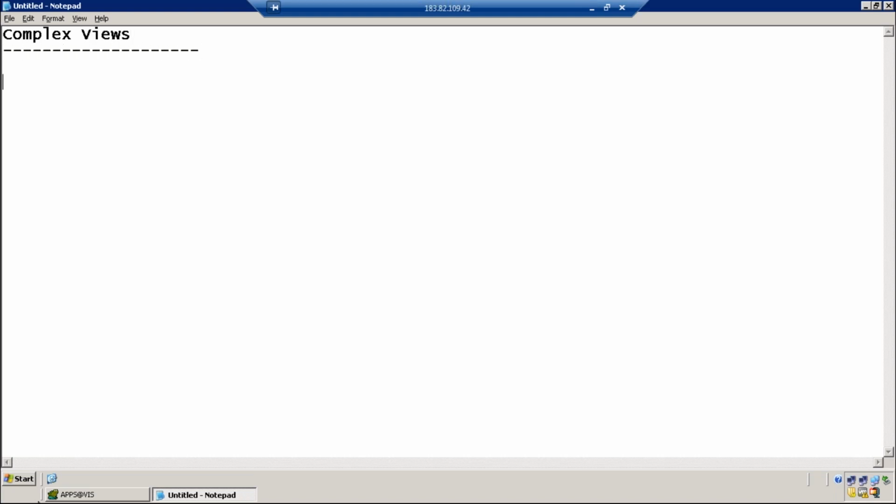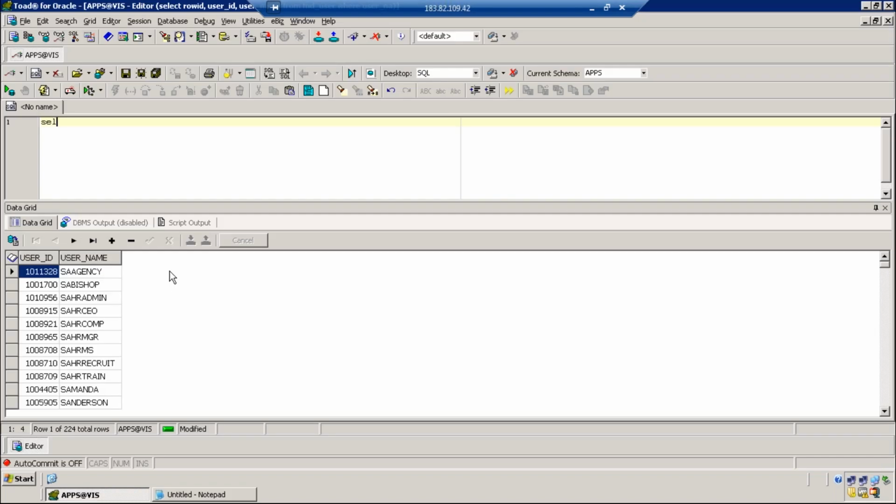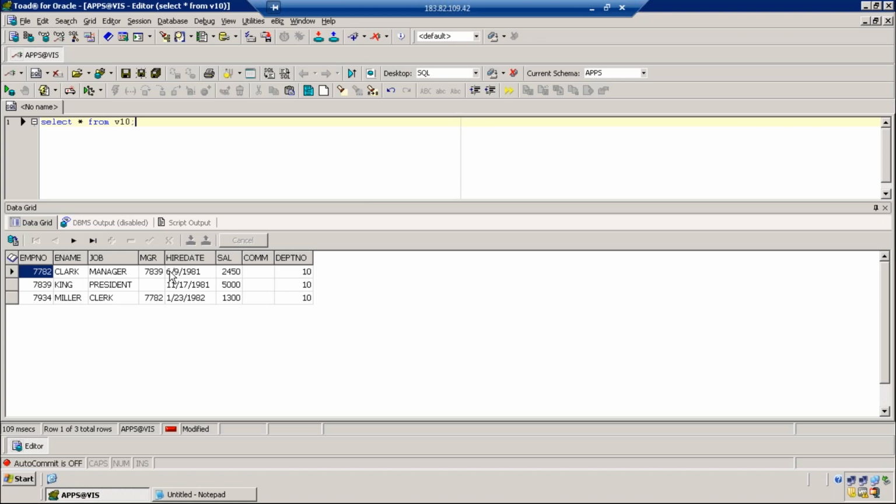I think in this table, in this environment, we have created. Yes. So select star from V10. Yesterday we created this V10 view. The V10 view will have only the rows working for department number 10. Now when I want to look at those data, I just write select star from V10 instead of always writing the where condition, isn't it?